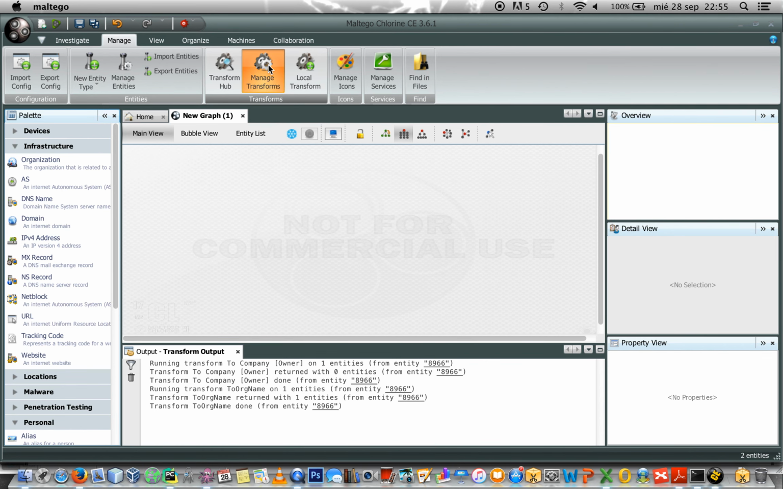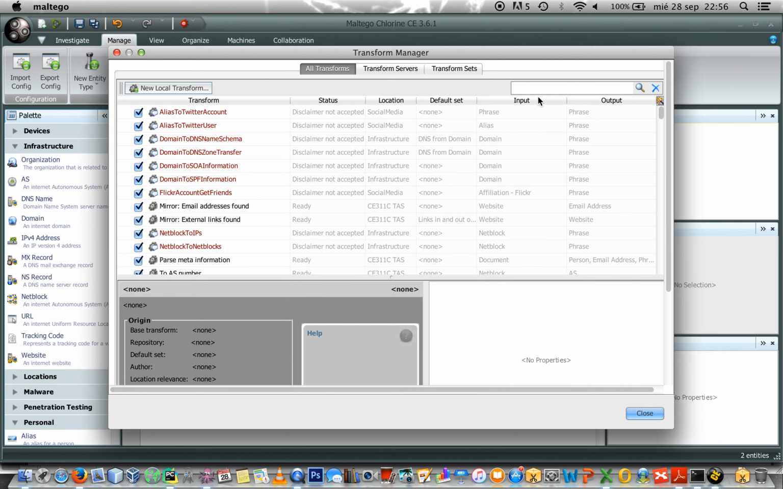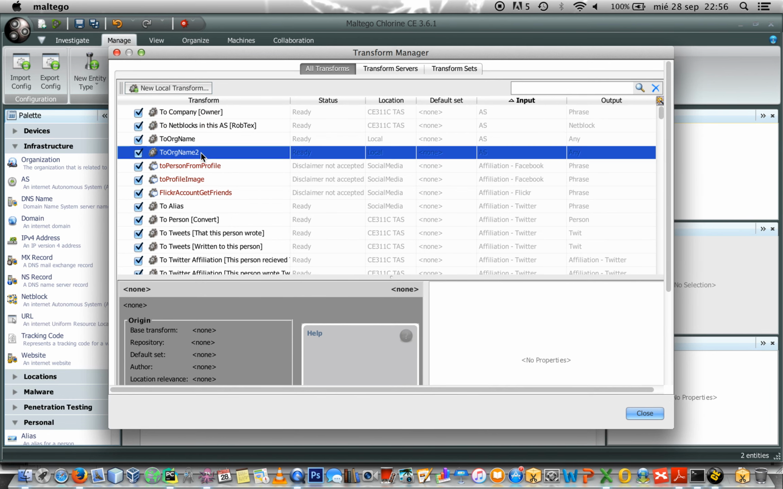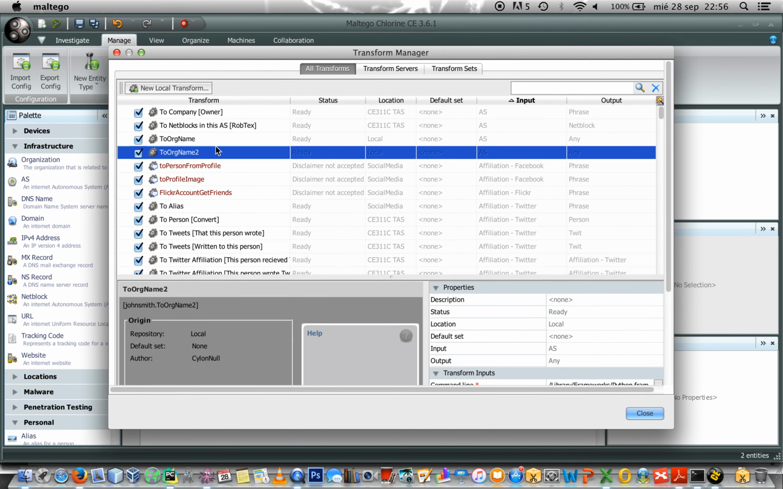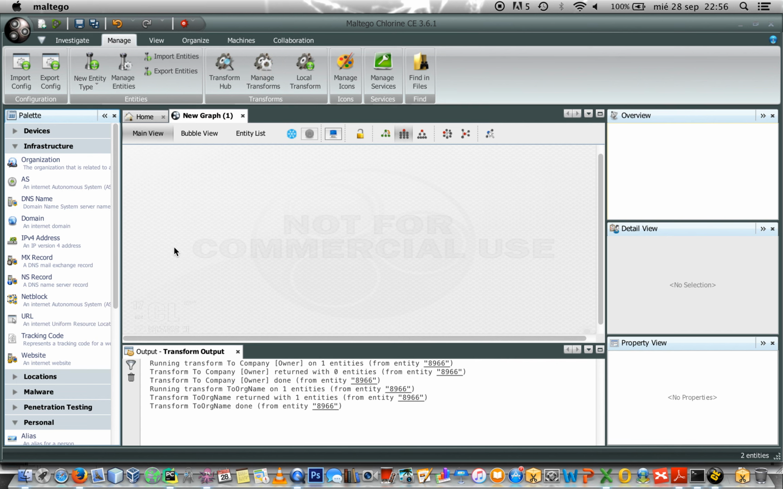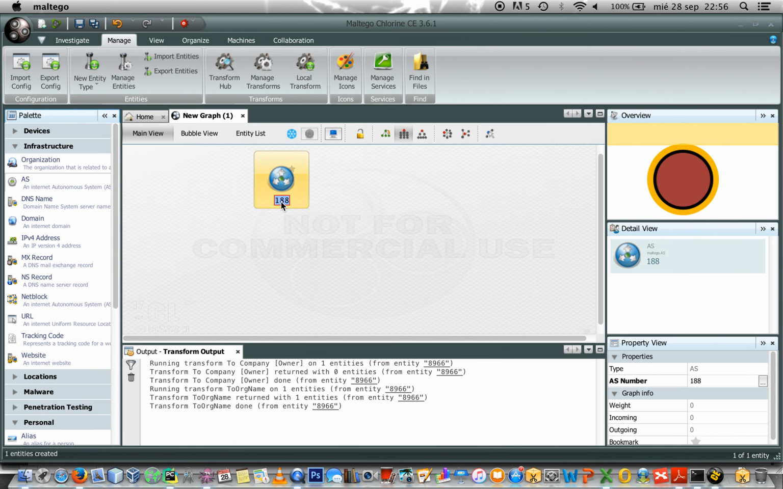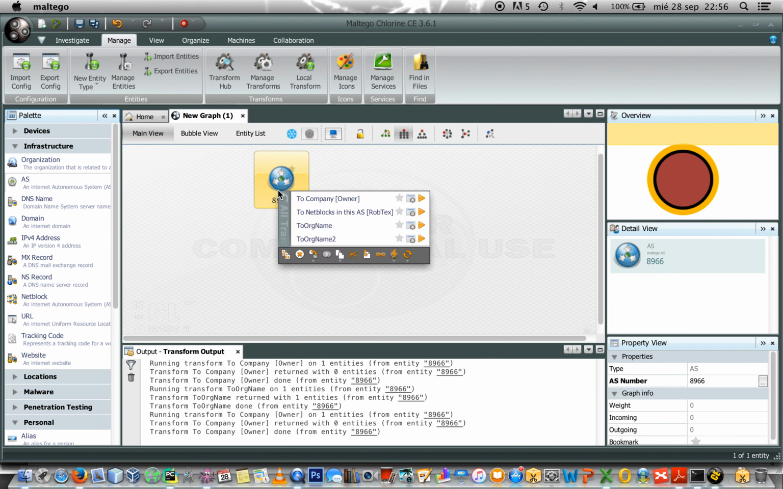So let me check it out. If I click on transform manage and I order by name, here you have my new local transform. So let's try it and run it. I'm going to change the default value. Imagine that I am analyzing this autonomous system. I want to know the company name and where it's located. So if I run the default transform within Maltego, you can see that it's 0 entities. And if I click on the new local transform to org name 2,